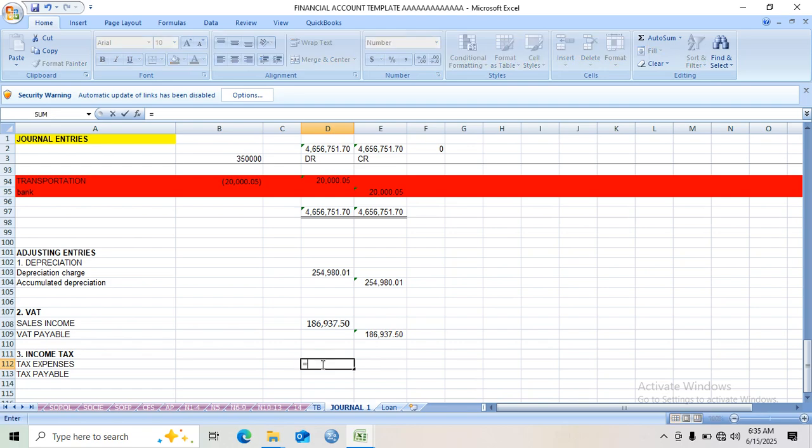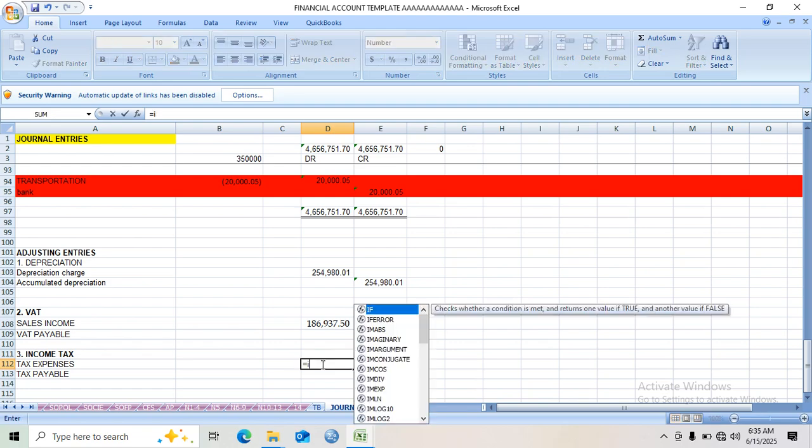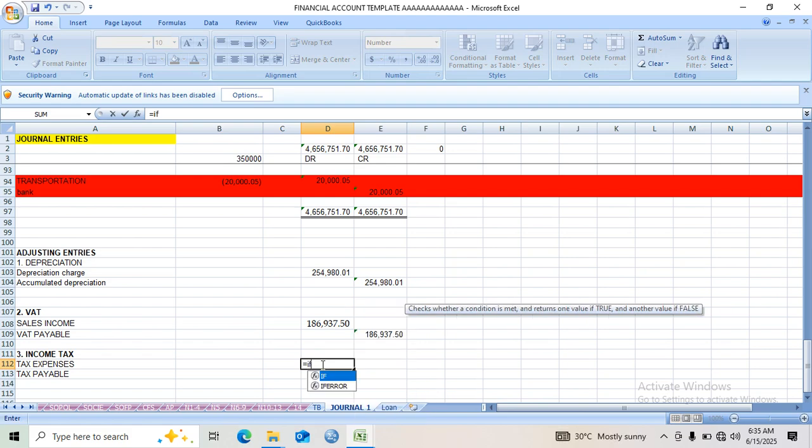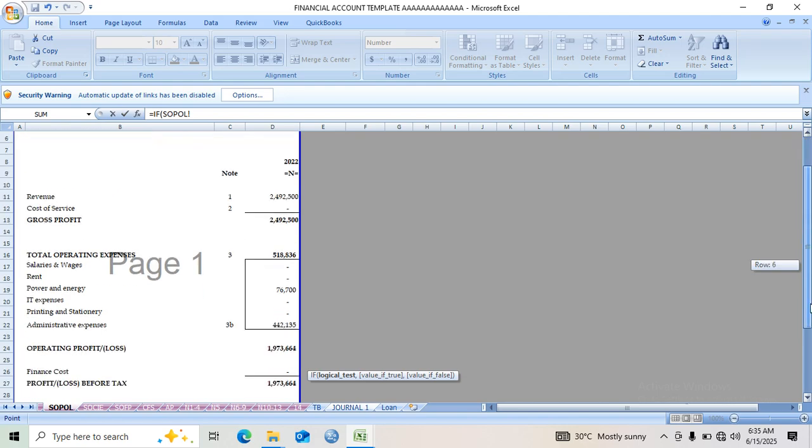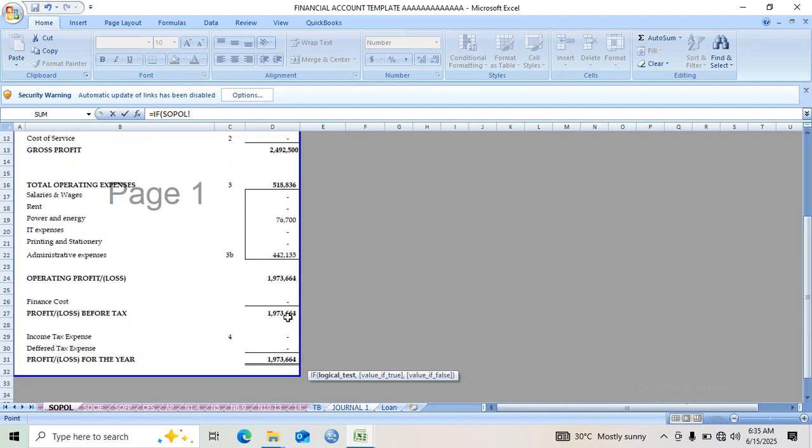So equal to, if the statement of profit and loss, the profit before tax, if the profit before tax is greater than zero, give me 30%. That you put your comma, give me 30%,